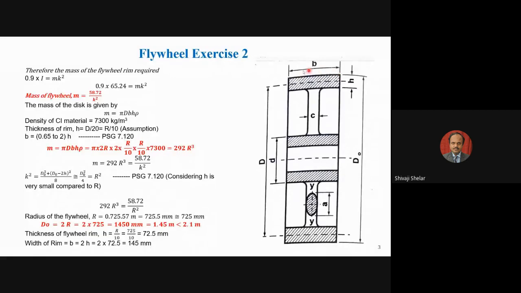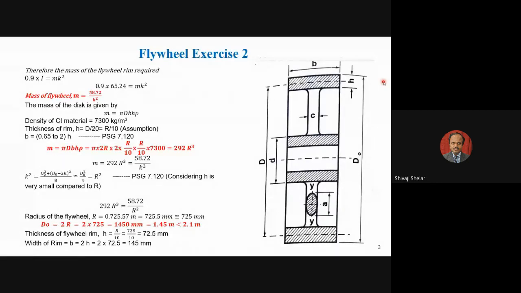Then this b needs to be increased depending upon the number of belts you are using and the width of the belt. So the b value for a flat belt should be greater than the width of the belt used in the application. Suppose the width of the belt is 100 and b comes out to be 85 by this calculation, then b should be taken greater than the width of the belt by at least 2 to 5 centimeters. Suppose the width of your belt is 100 millimeters, so this length b should be around 120 to 150 mm. Otherwise, if the width is insufficient, the belt is likely to slip from the surface and proper power transmission from the flywheel to the other shaft will not take place.